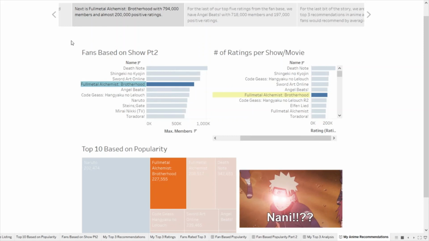I can also show this to my roommate to give him something to watch. I think he started Code Geass last week, which is good, because my Tableau presentation would have helped him a lot, just to give him a better understanding and rating of it.